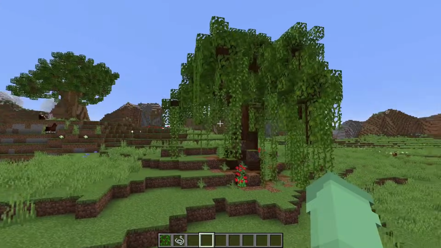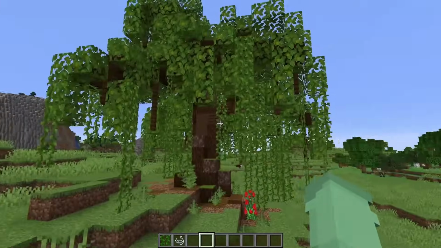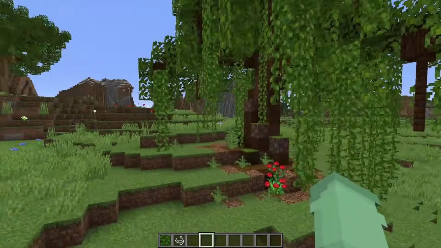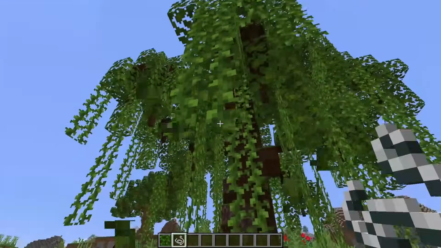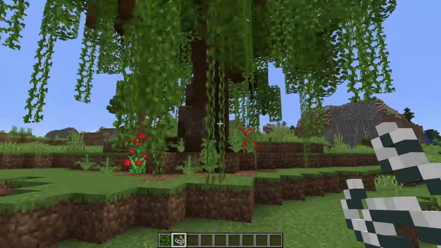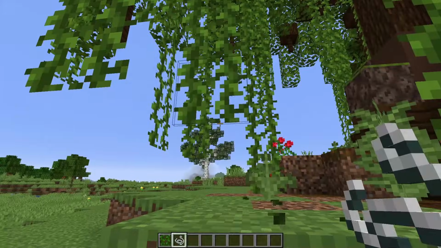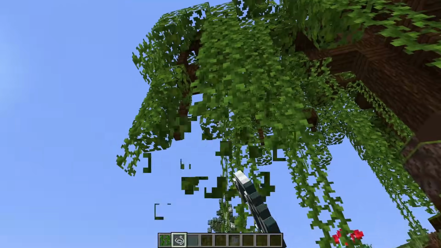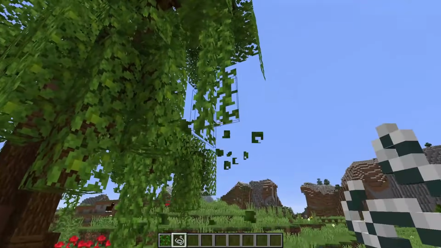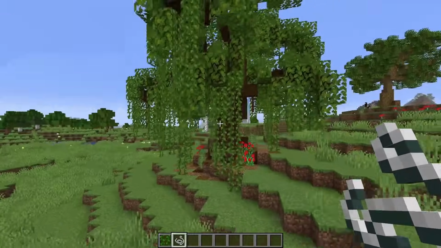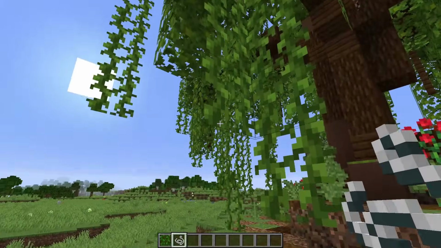All right, this willow tree is almost complete, but as you can see, all of those vines that I've placed have kind of taken over the entire tree. I'm going to be using the good old string trick to kind of limit some of these, stop them from touching the ground completely, and just give generally a better variety. Although I do kind of enjoy how they are kind of going everywhere right now. But this in general should keep everything under control and stop it from looking too crazy and too much like a jungle, which I really, really don't want.